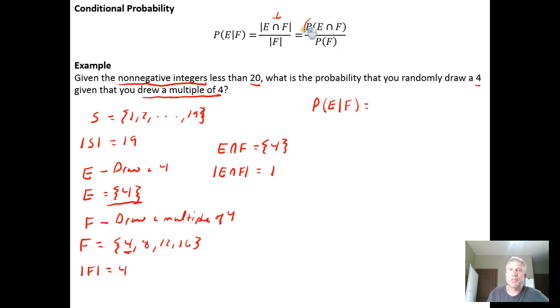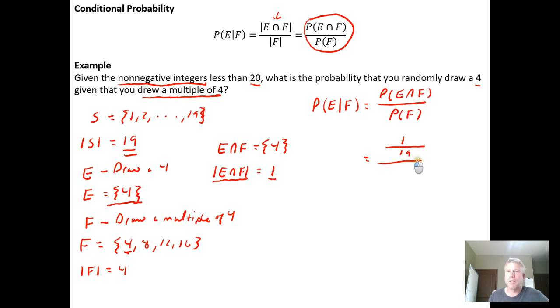If I use this form of the formula, I need the probability of E intersect F divided by the probability of F. The probability of the intersection is the size of the intersection divided by the size of the sample space, which is 19, divided by the probability of F, which is the size of F, 4, divided by the size of the sample space, which is 19. And again, 19 divided by 19 is 1, so we wind up with 1 over 4, a 1 in 4 chance,